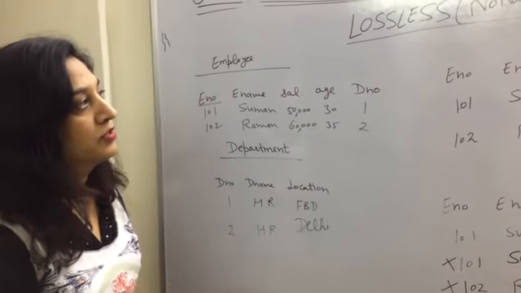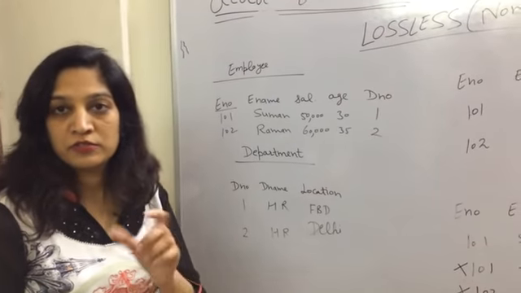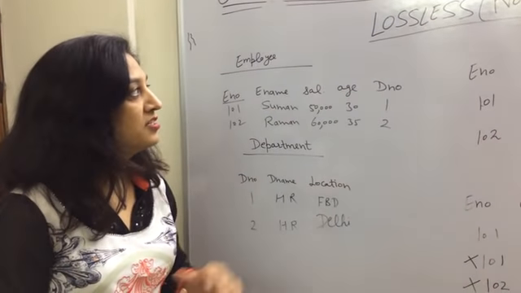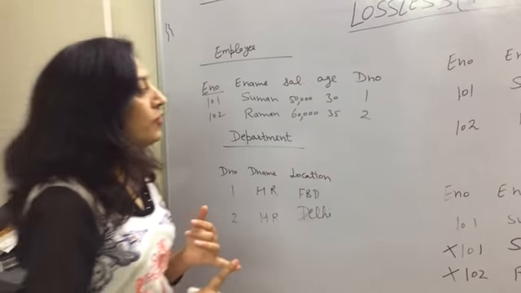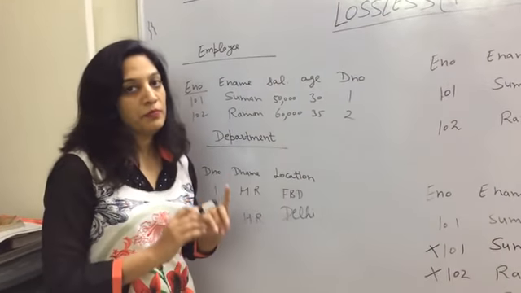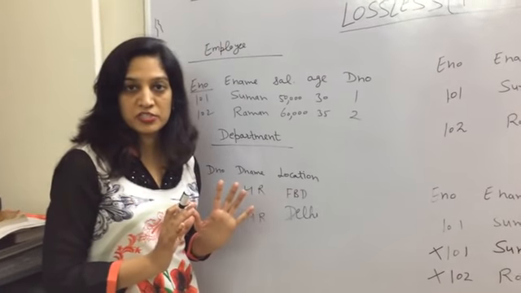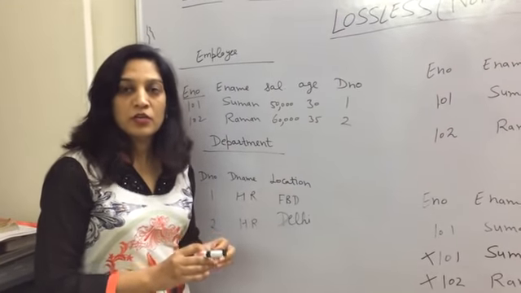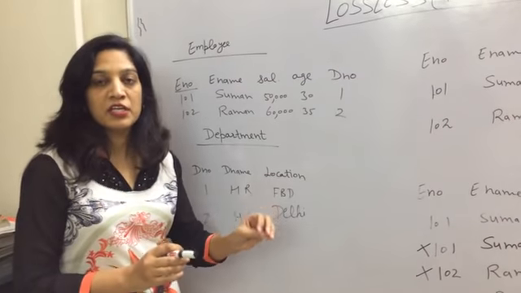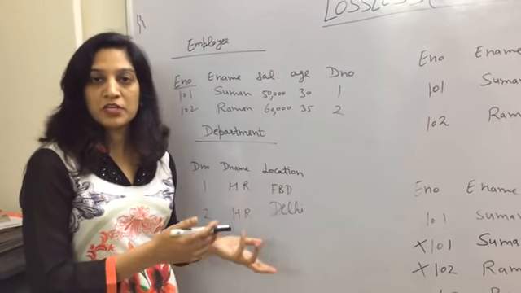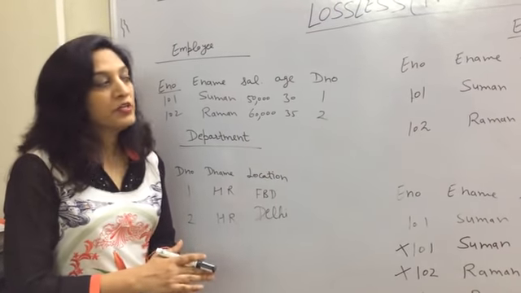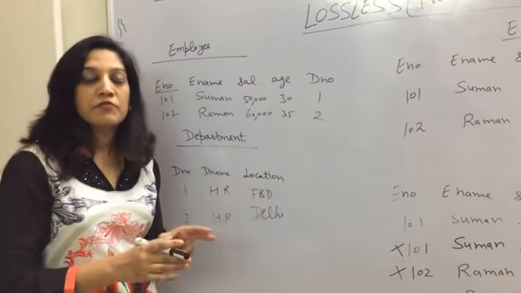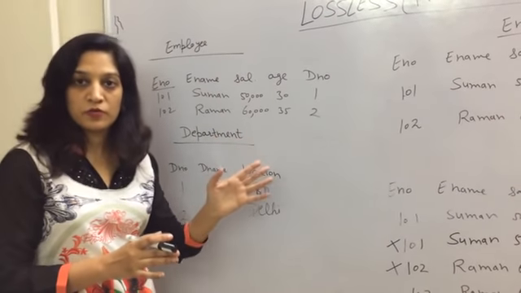And we have a shortcut to find out, when a decomposition is given, whether it satisfies the lossless join property or not. First of all, you have to check that there should be a common column, a common attribute, between the relations. And if the common attribute is there, you need to check that it should be the primary key in one of the relations. Because if it is the primary key in one of the relations, of course, it would be the foreign key in another relation. So if it satisfies these two properties, then we will say that the decomposition is lossless or non-additive. Let's go for some examples.